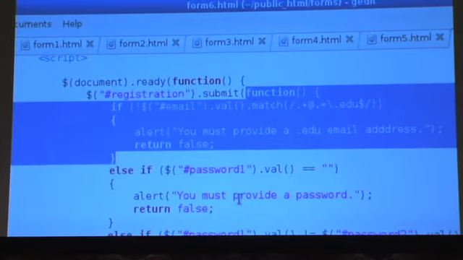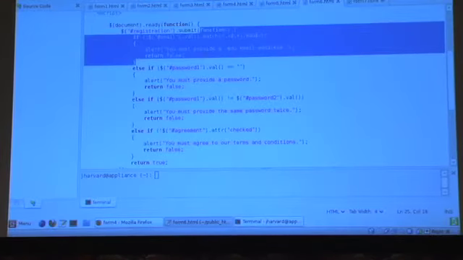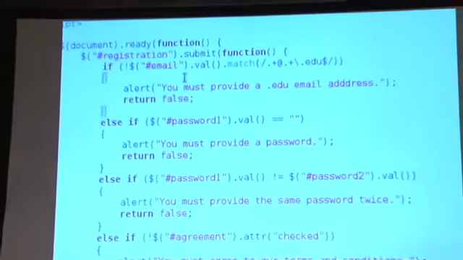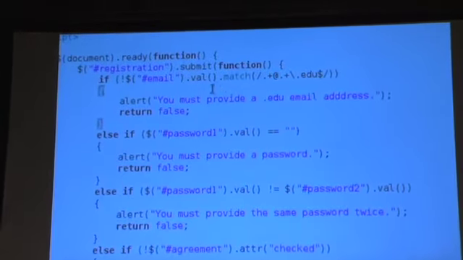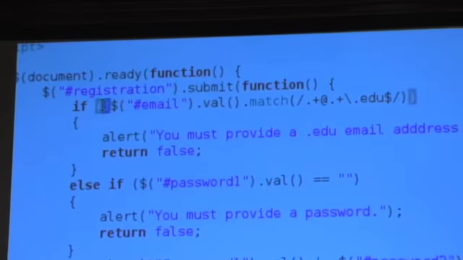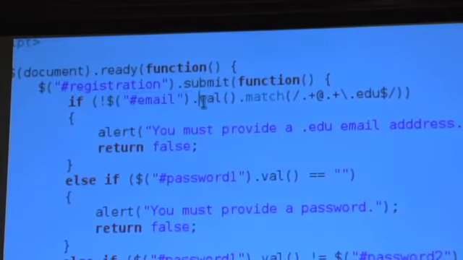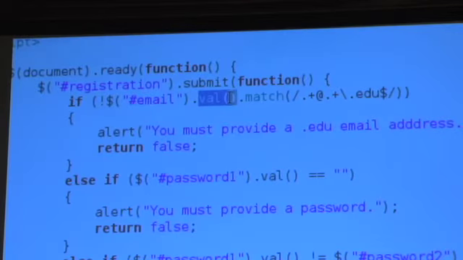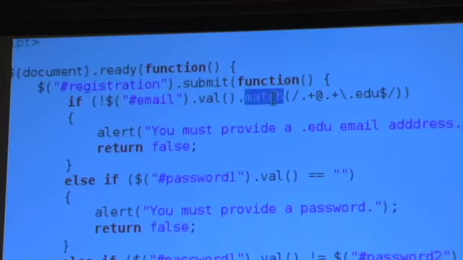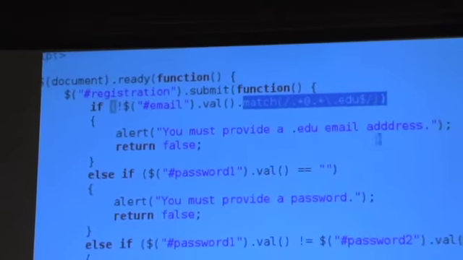Now, I could go back into a previous example and just copy paste the if, else if, else if, else if from before, and it would work. But I can do a little better now. I can shorten that syntax and do it a little more elegantly, even though, again, it's going to be elegant in the eye of the beholder today, perhaps. I'm going to first check if it is not the case that the email node's value, so this is a jQuery function, get the value of this node. So again, sometimes this feels a little stupid. We previously would have just said .value. Now we're saying val. But so be it for now. You'll trust us that more interesting things will come from this. If it matches this regular expression, well, yell at them.